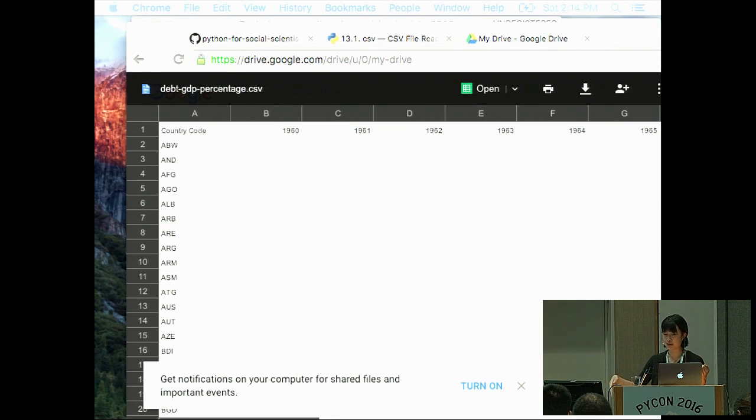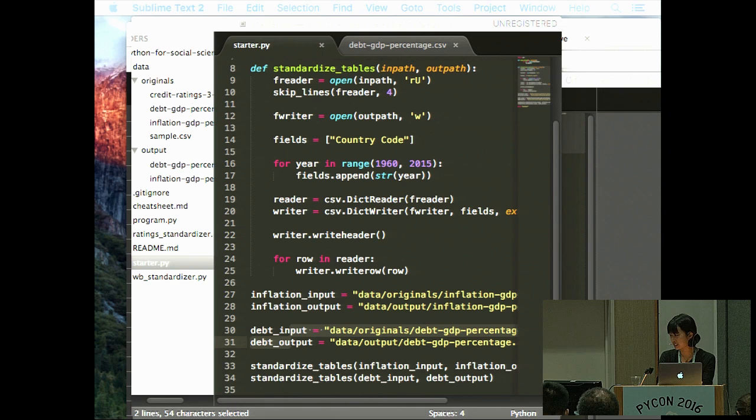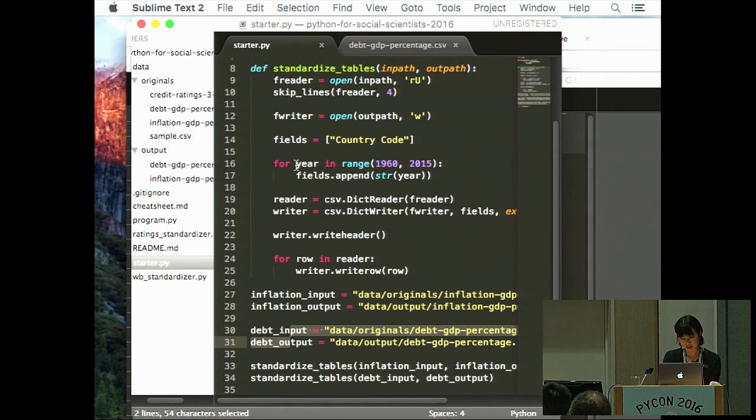But now let's say that we're researchers and we have a buddy down the hall that also works with World Bank data, and we want to share some of this code with them. Like, would we just take this function and copy and paste it to what you're doing? That's something you could do, but the more reliable way of doing it would be to make a module. And same thing is, like, even if you wanted to look at the World Bank data for every quarter and you wanted a running job that could fetch the World Bank data and do this work on it, you wouldn't want to